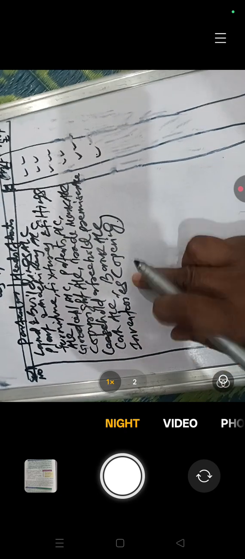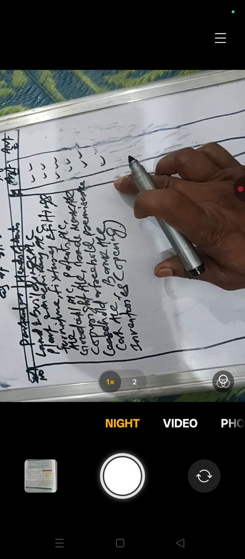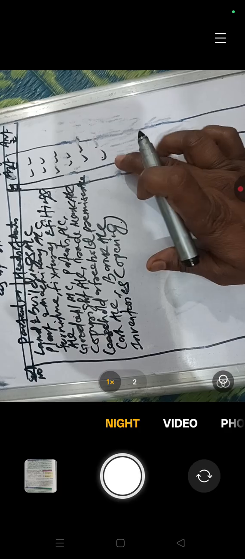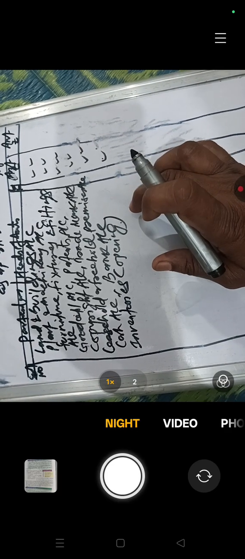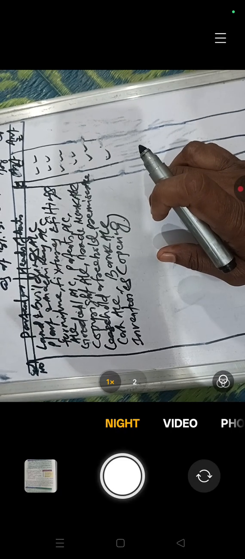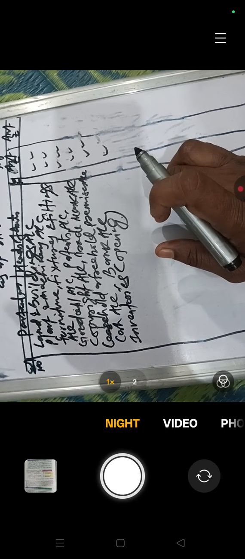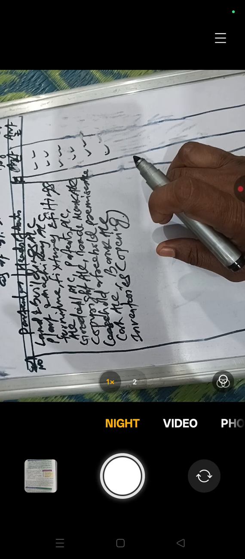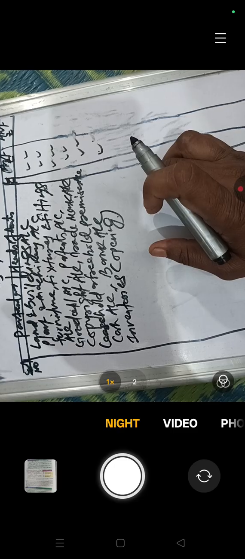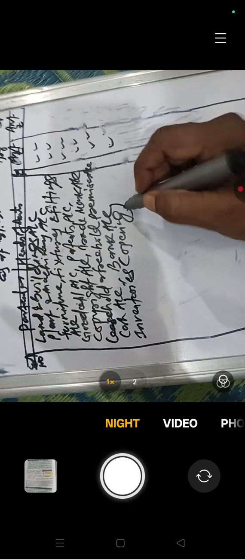Here one thing which I would like to mention is that only opening inventory is on the debit side. Sometimes there will be closing inventory that will also be on the debit side, but the closing inventory is not usually taken in the trial balance. Why? It is only taken when there is adjusted purchases account, or net purchases account, or cost of goods sold account, or gross profit or gross loss is given. In that case, closing stock is shown on the debit side of trial balance. In usual cases, we will leave closing stock. We will not include closing stock on either side of the trial balance. So, inventories,